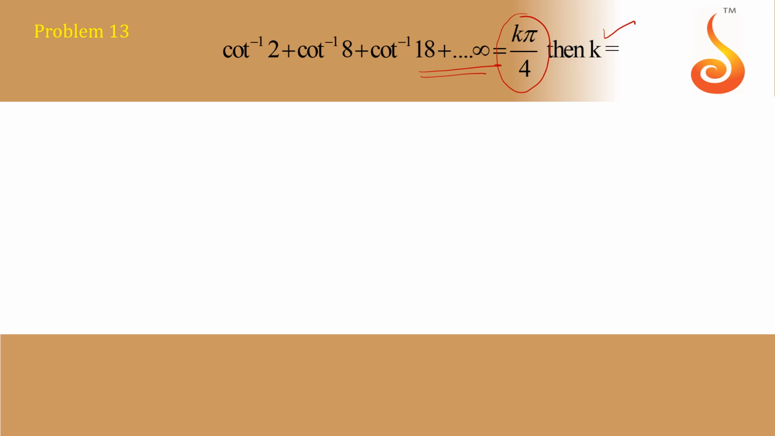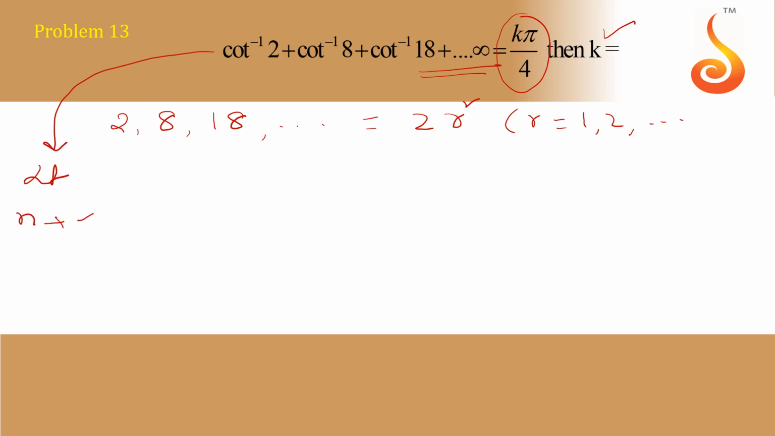Cot inverse 2, 8, 18. If you observe carefully, it is 2r squared, where r equals 1, 2, and so on. So it is 2 into 1 square, 2 into 2 square, 2 into 3 square, like that. So I can write the question as